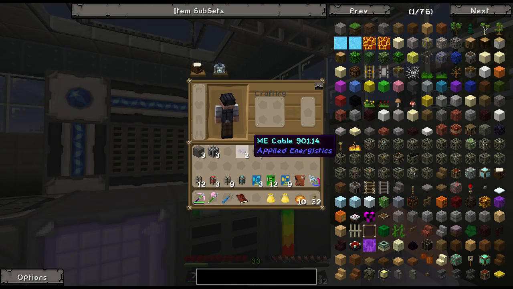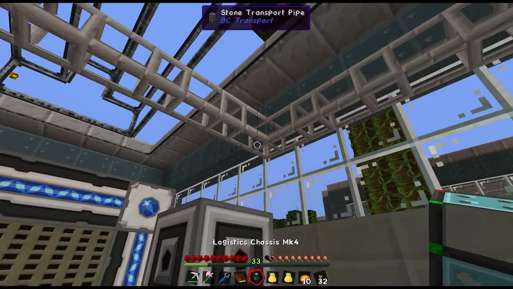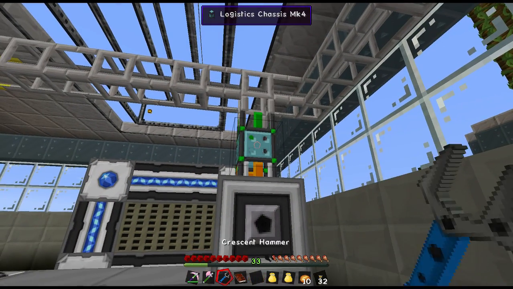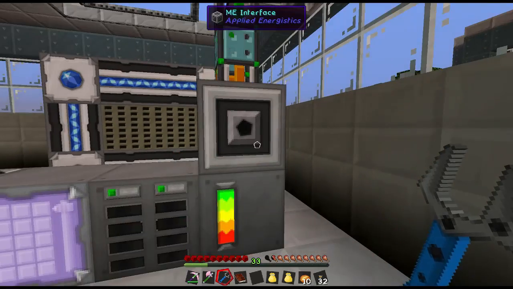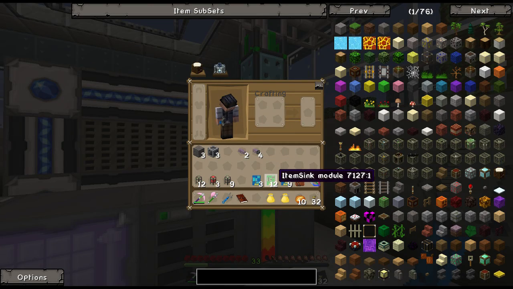And how we're gonna handle this is with a logistics chassis MK4. An MK3 would be enough, but I wanted to have one extra item slot here just in case we ever need to send more items here than just the 3. Because in these item sync modules that we put in here,